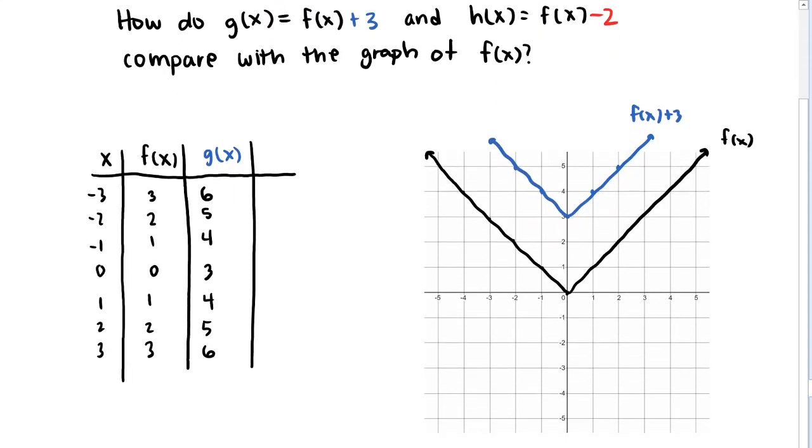Well, we're going to have all the same outputs as our f of x function, except they're going to be 2 less, right? We're going to subtract away 2 after we compute the absolute value. And so what we get here is -2, -1, 0, 1, we get -1, 0, 1 here. Right? For example, if I look at this output here,